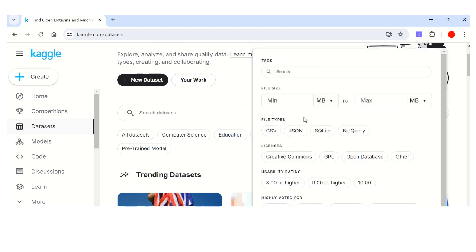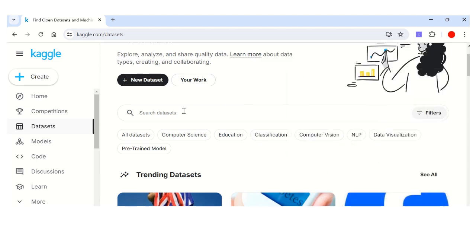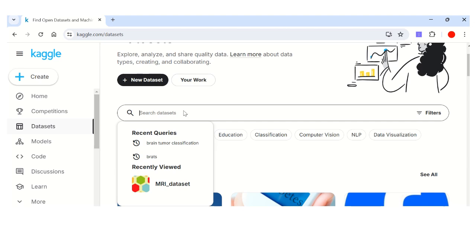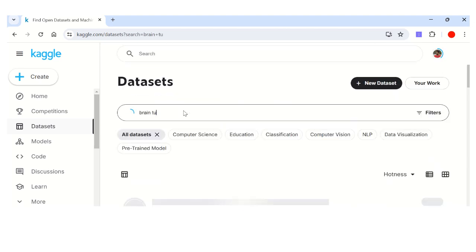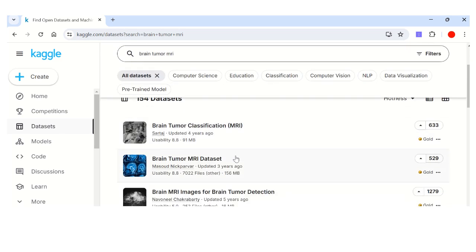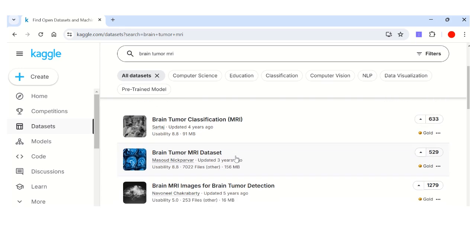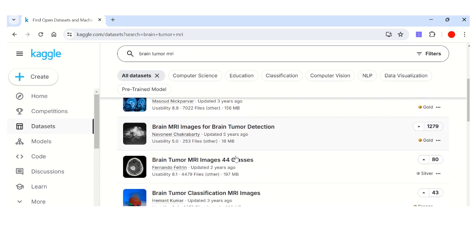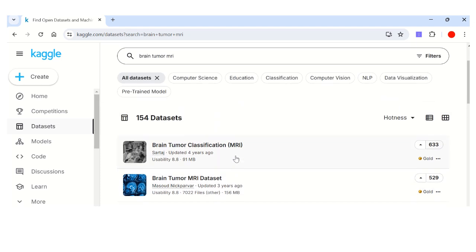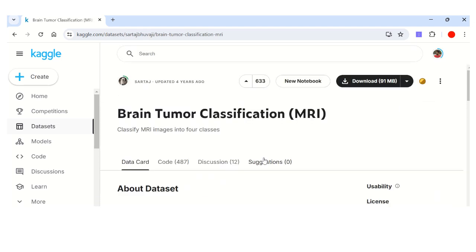Let's suppose I am interested in finding brain MRI images. So I will just type here brain tumor MRI, and I will click search. So I got 154 datasets, and you can see how many upvotes are here, what is the size of the dataset, and when the dataset was uploaded. So all this information you can collect here. Let's click on the